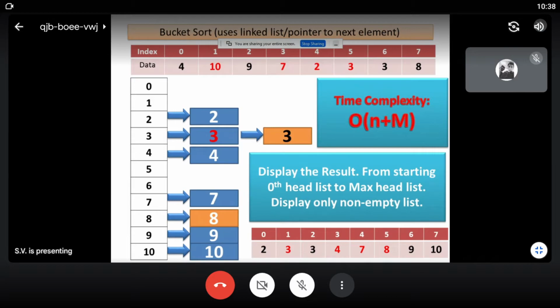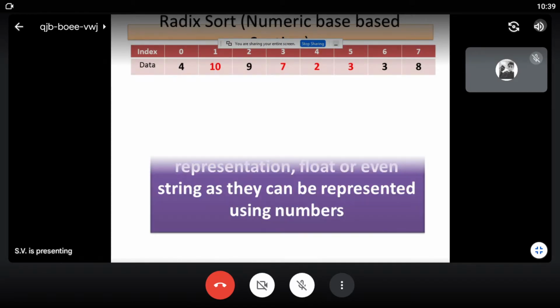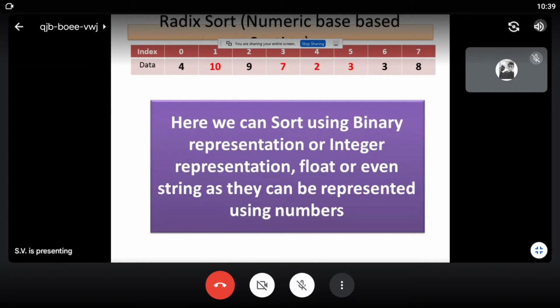Okay. So over here, the pointer which is highlighted with the blue right arrow is called the next pointer. You should know what pointers are. So it is the next pointer which is pointing to the data. Now another numeric-based concept, which is based on the base of the number, is radix sort. It is another sorting technique.